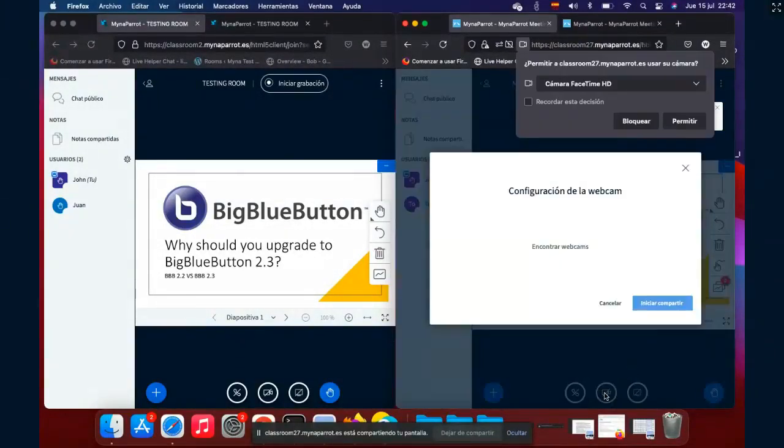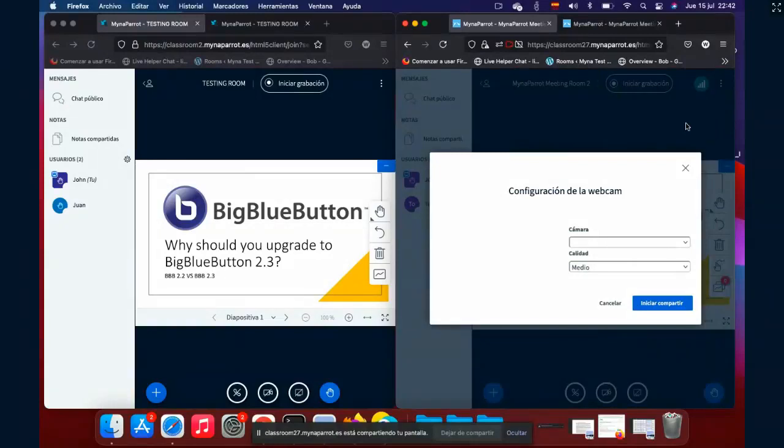I always make a mistake with those two buttons, share the camera or share screen. Okay, so first of all, I have two sources of camera. One is ManyCam, a virtual webcam, and another one is my MacBook camera.